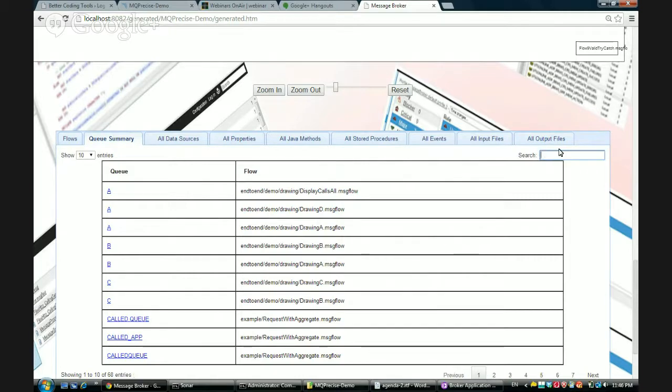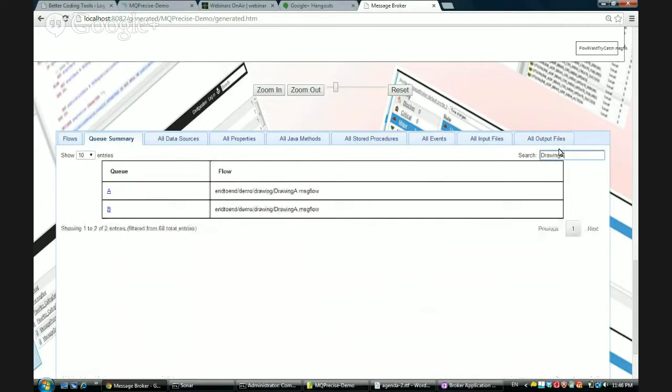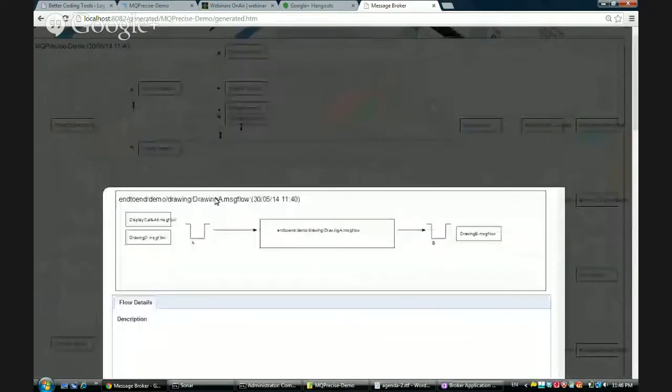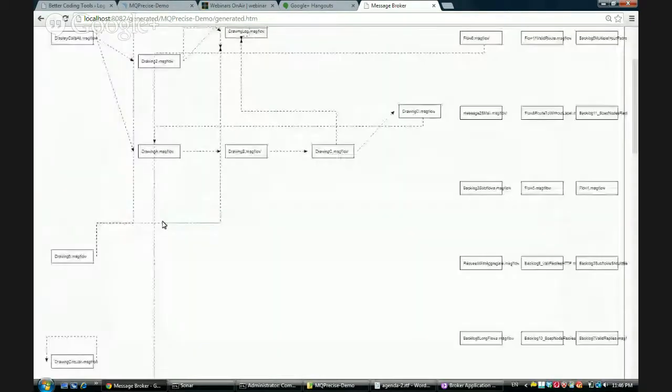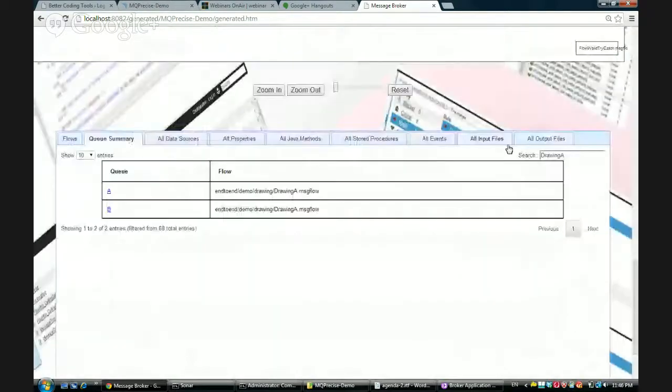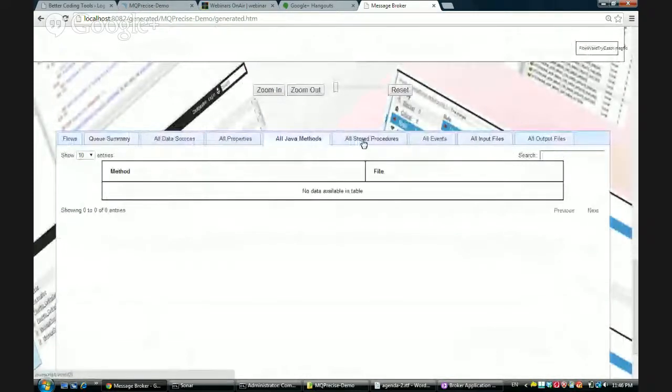A is a pretty common name, but if we have some other idea about what the flow is called, then we can narrow down our search and find our flow, and then we can go and have a look at what the queue's doing, what the flow's doing. This also includes files as well, Java methods, procedures, and the interesting one here is probably files. If we know what's producing or consuming a file, then we know what file we're interested in. We can jump into the